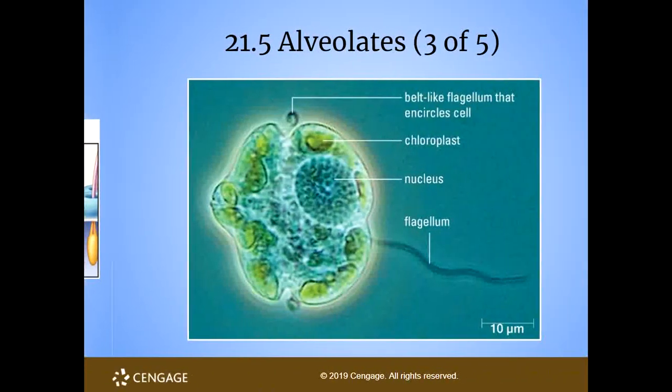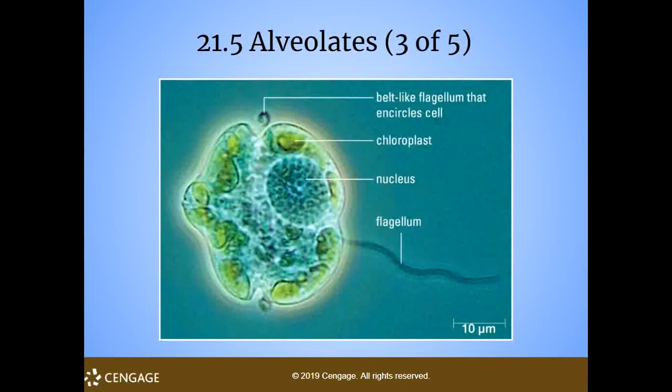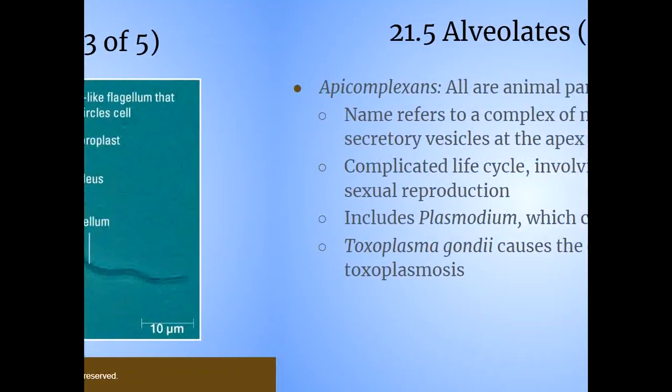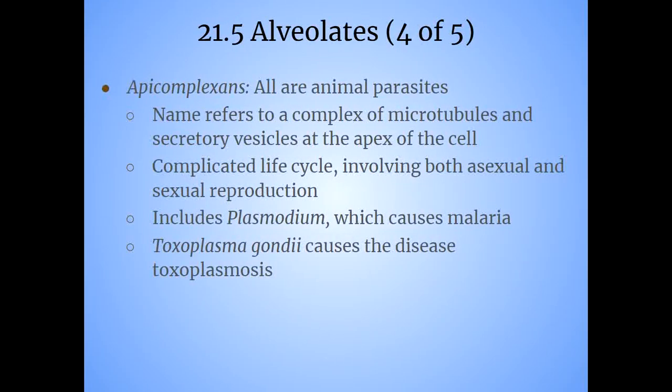And then here's your dinoflagellate. You'll see the two flagella, one here on the right and then one little one at the top. And that's what causes it to do that little spin. And this is one of the ones that we find with the algal blooms. So, all right, let's go on and talk about the last little part of 21.5 under alveolates,